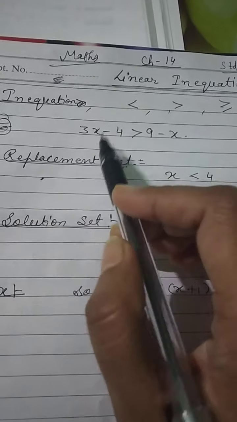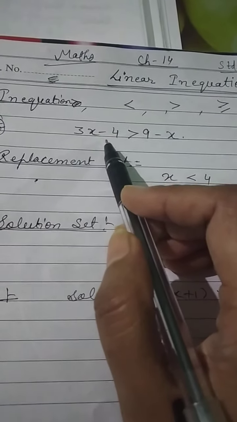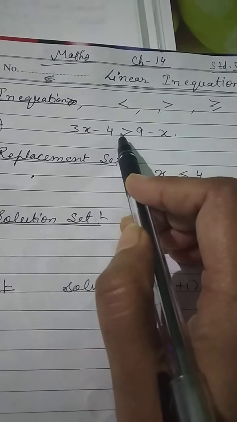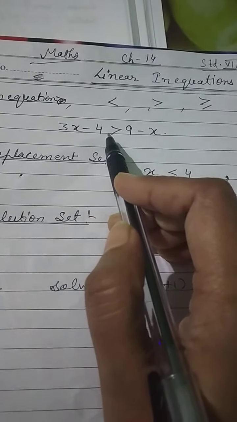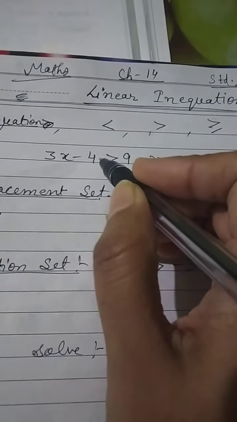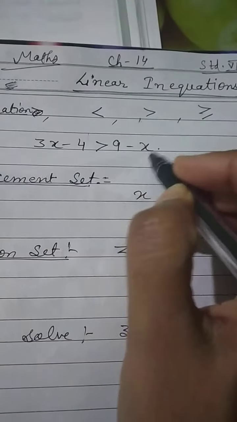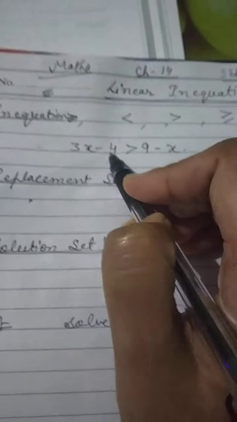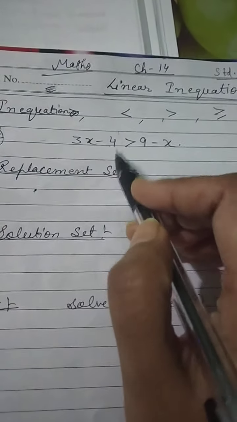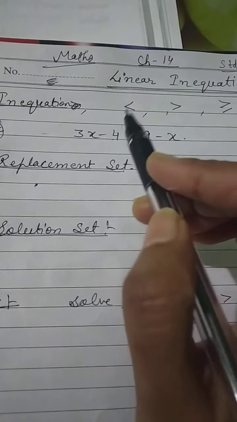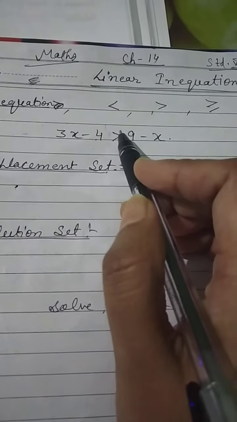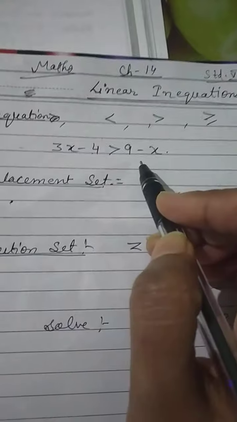Okay. But there is one more rule in this. Just notice that rule. Listen carefully. If both sides of an inequation are multiplied or divided by the same negative number, suppose you are multiplying by any positive number on this side or this side, the inequation will not change. But if you are multiplying or dividing by any negative number, I am telling you 2-3 times, so understand it properly. If you multiply or divide both sides by a negative number, then the sign will be reversed. Means the sign will be changed.